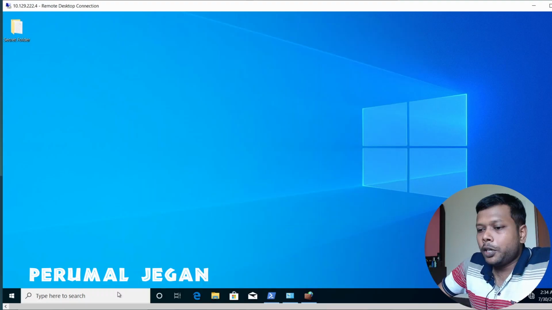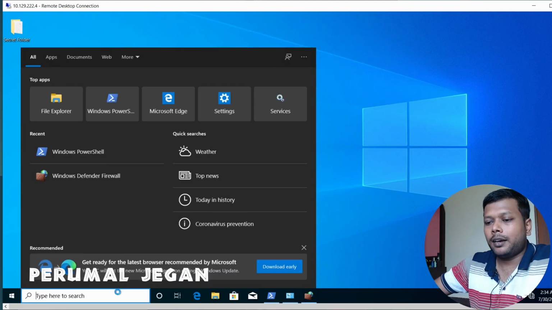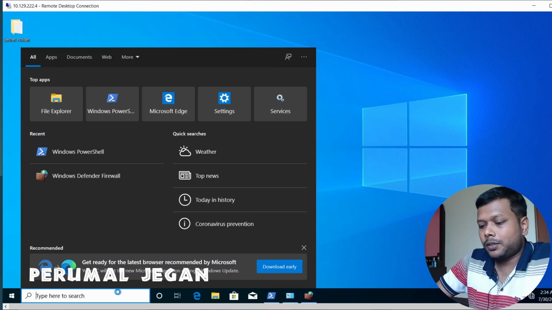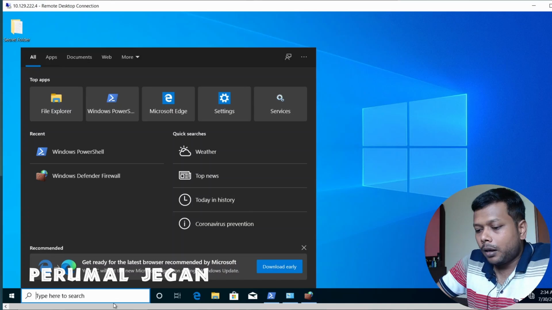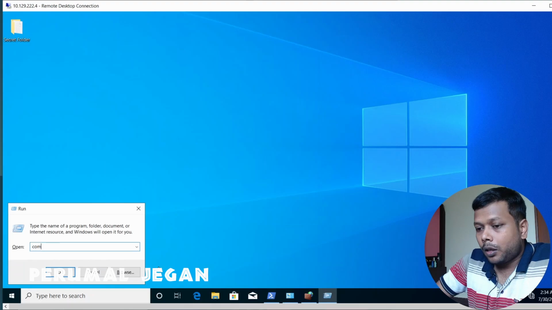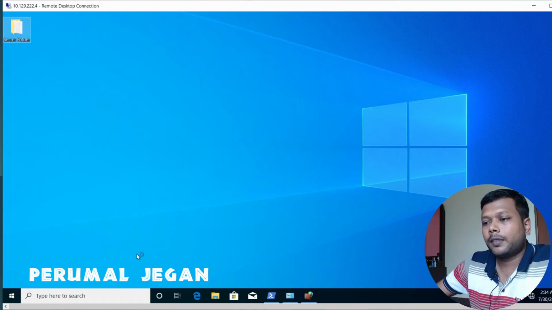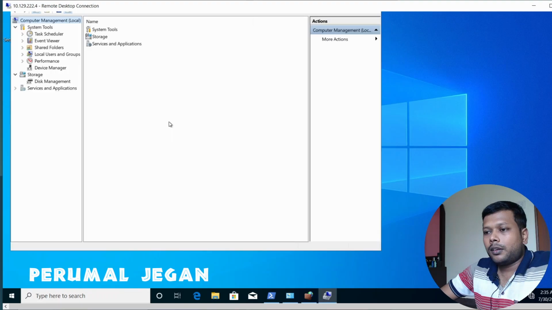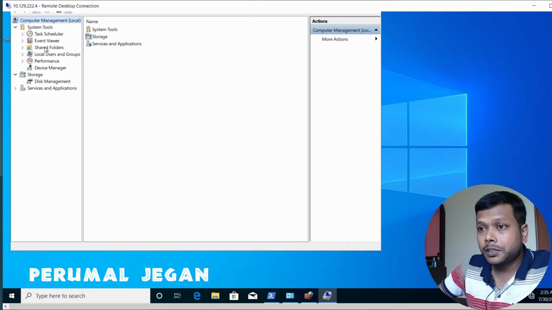Let me showcase how to find the available users. Who are all the users accessing that particular share? In order to do that, I need to open the Run utility and type compmgmt.msc, Computer Management. When I open this, I'm getting a list of utilities.